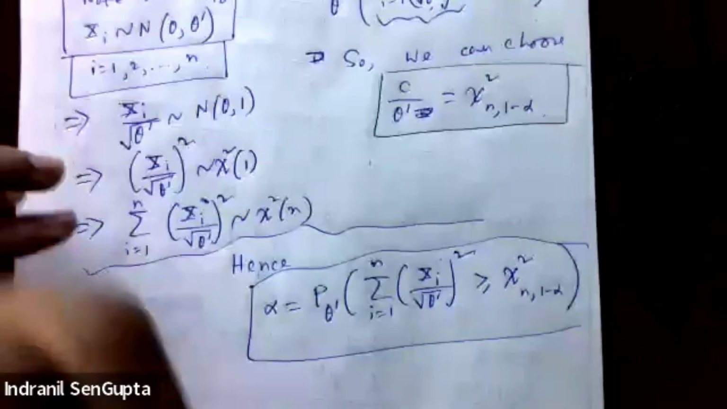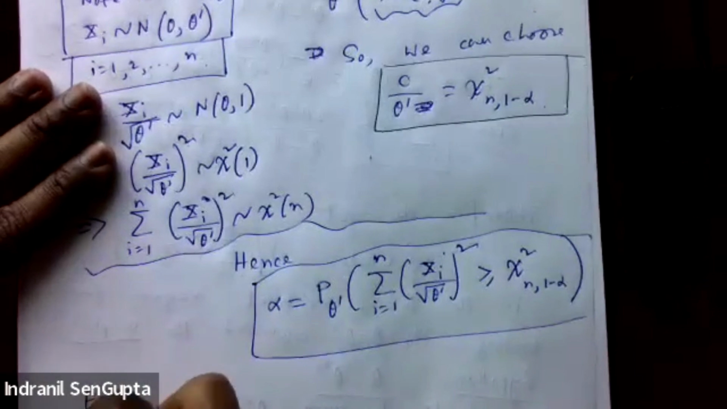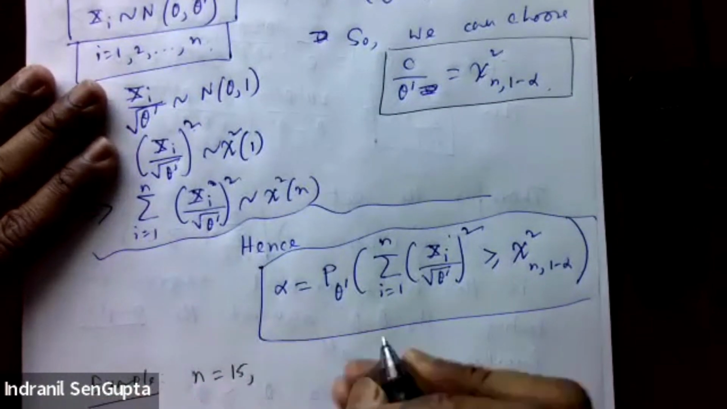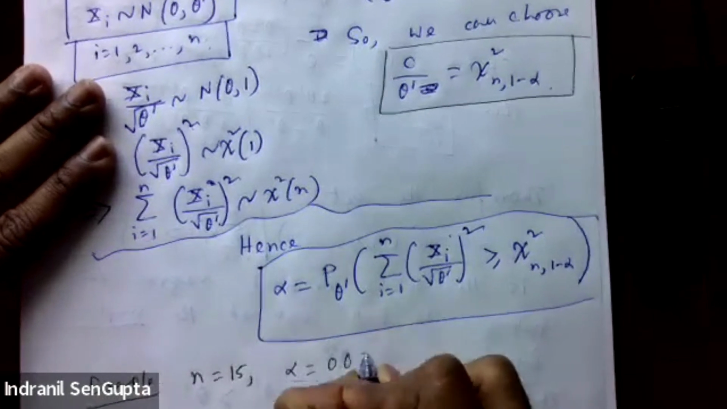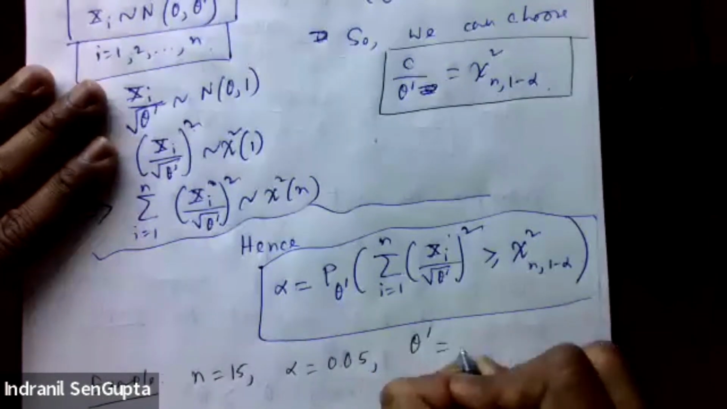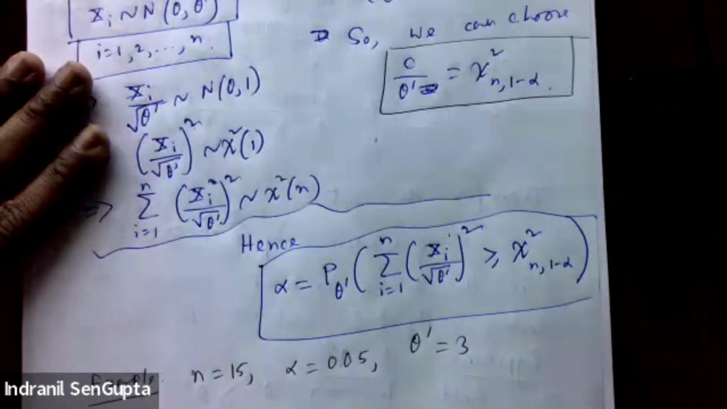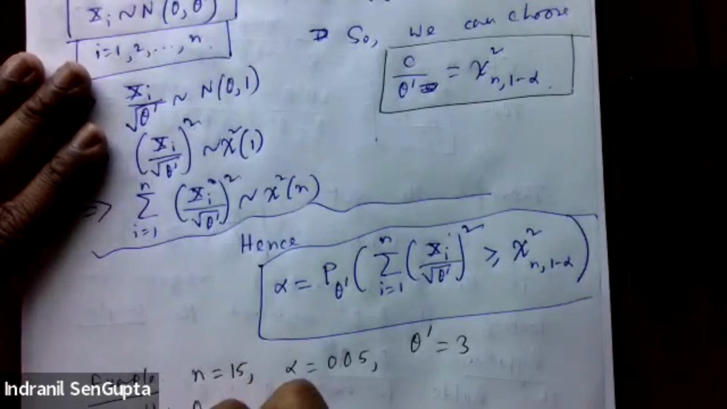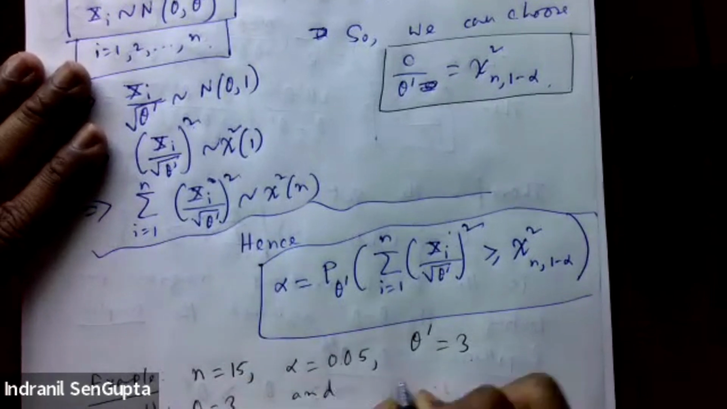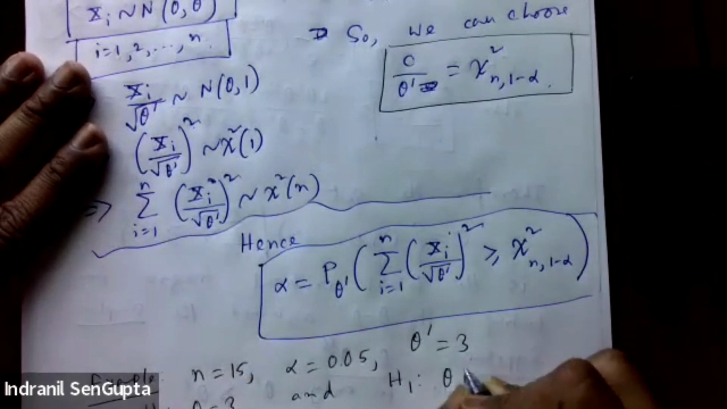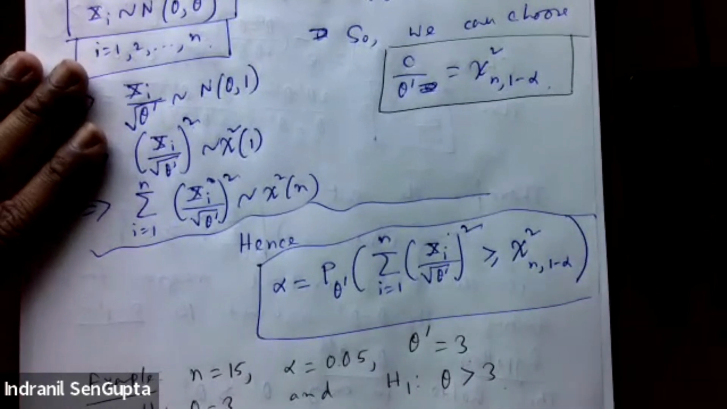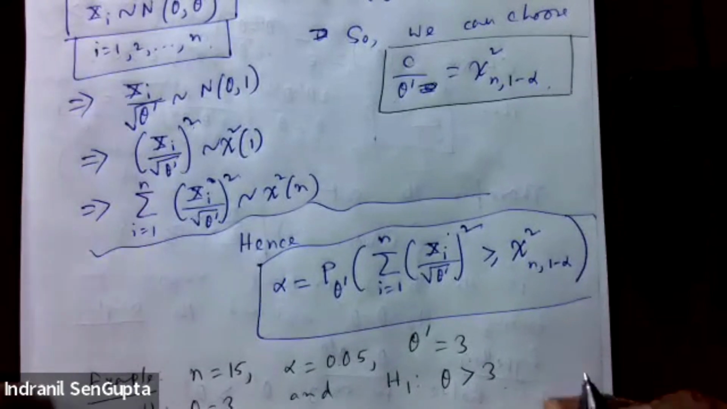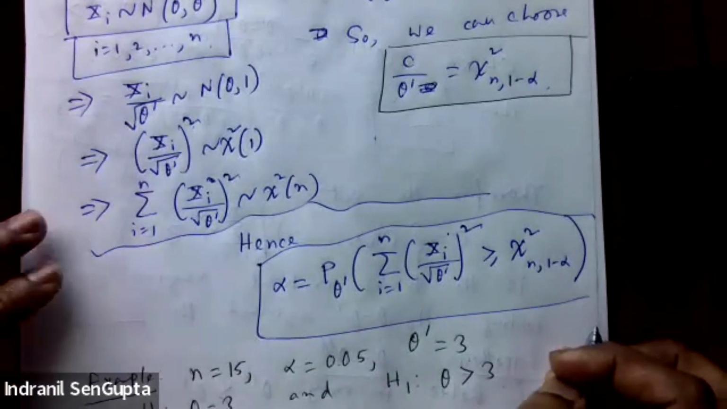Let's take a quick example. Let's take, say, n equals 15, alpha equals 0.05, and theta prime equals 3. So we are trying to test H0: theta equals 3, and H1: theta is bigger than 3. So for the uniformly most powerful test, therefore we must have,